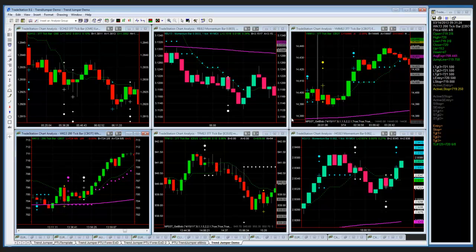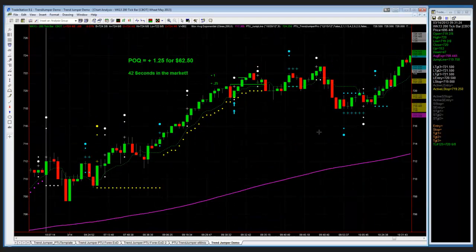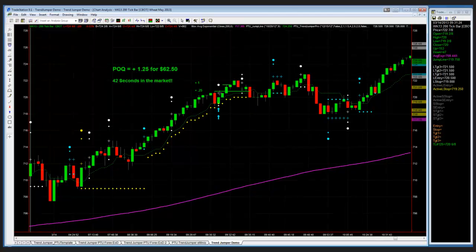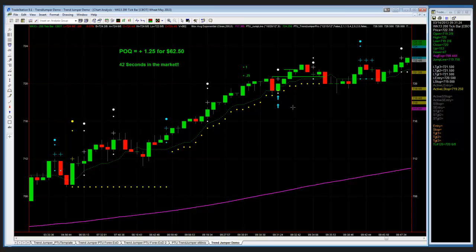I've got a trade strategy that adjusts to market conditions, and sometimes the trade would be a scalp trade. For example, on wheat here, I'll start showing you Trend Jumper. Today's trade, just following the trade plan, was just one little trade right here. And because of the dynamics of the strategy, let me make it bigger so you can see. The target was only 4 ticks away, 1 point. That's $50, right? You can pretend it's the S&P E-mini, one point, $50. Is that a scalp trade? You get in, 4 ticks later, you're out. You got a successful trade.